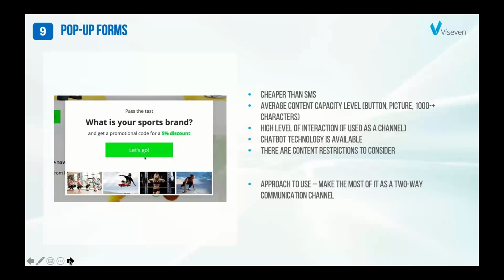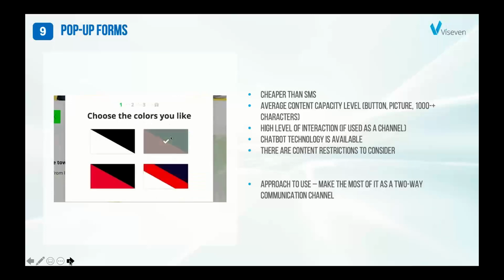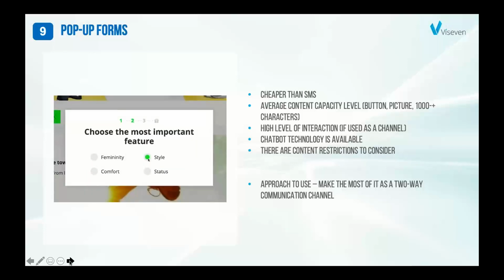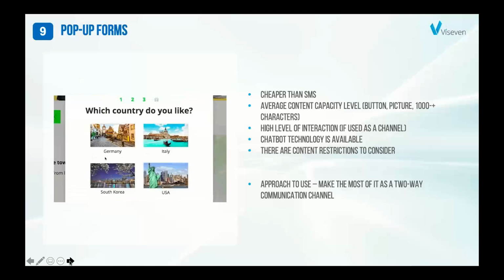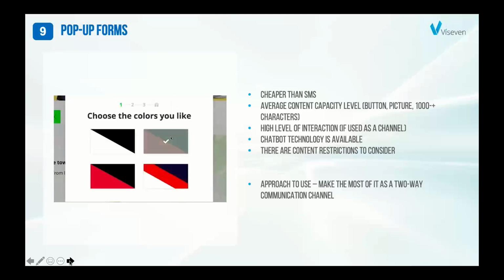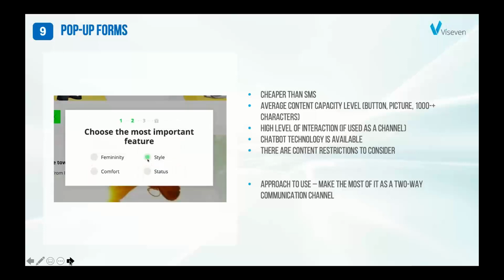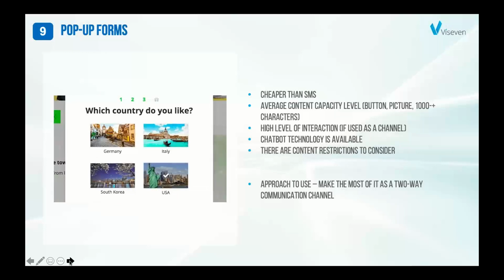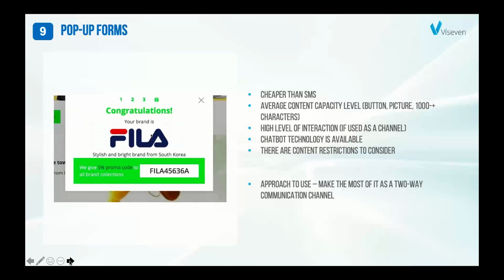And also you need some expertise in order to use it properly, but it's really not so hard and not so expensive to implement, actually, when you already have the web portal. So also try to use it both ways. Try to collect some information from your HCP, try to get some feedback. You really can improve your web portals by getting feedback using pop-up forms, and there is a pretty big potential after this channel implementation.